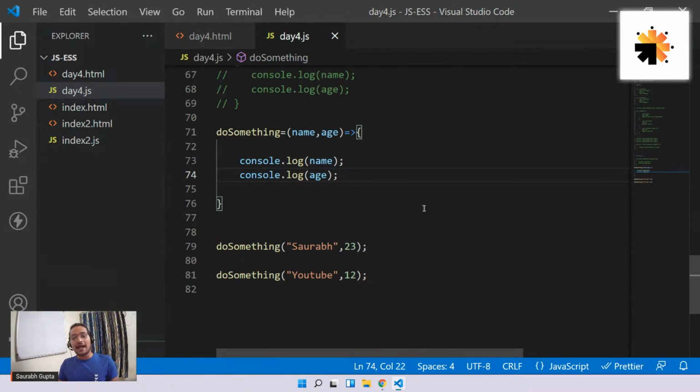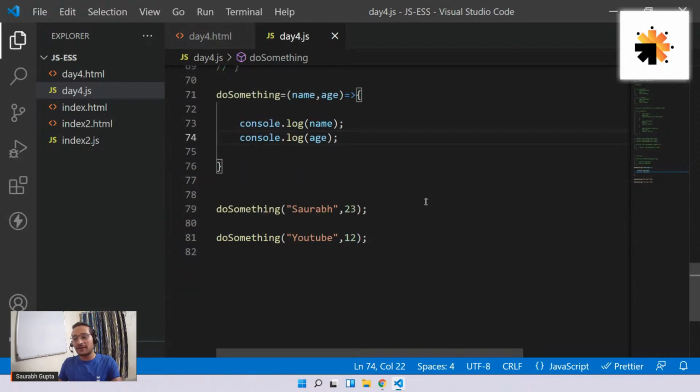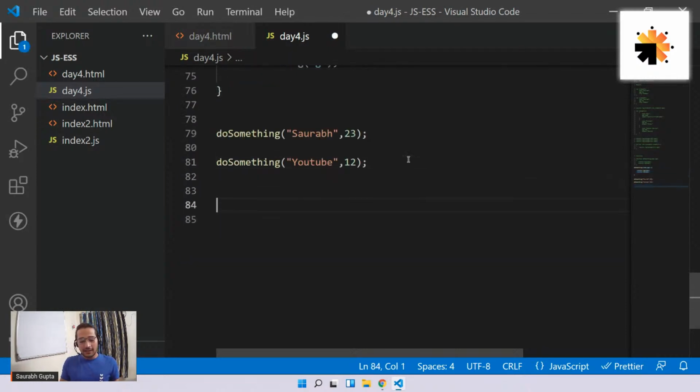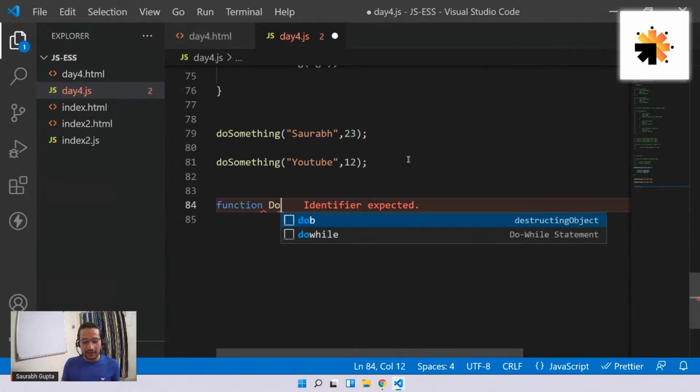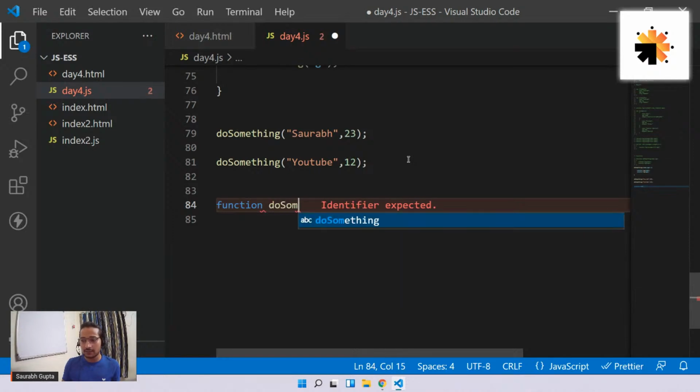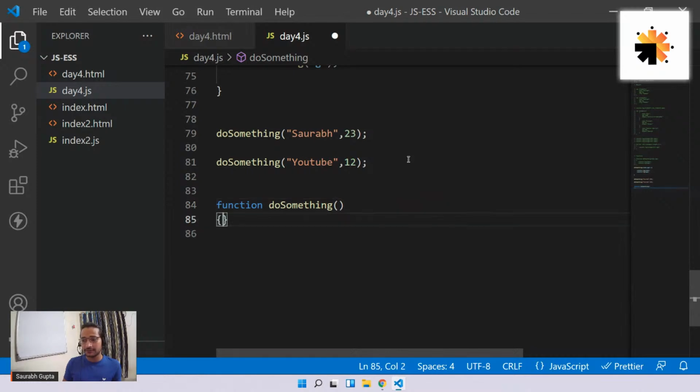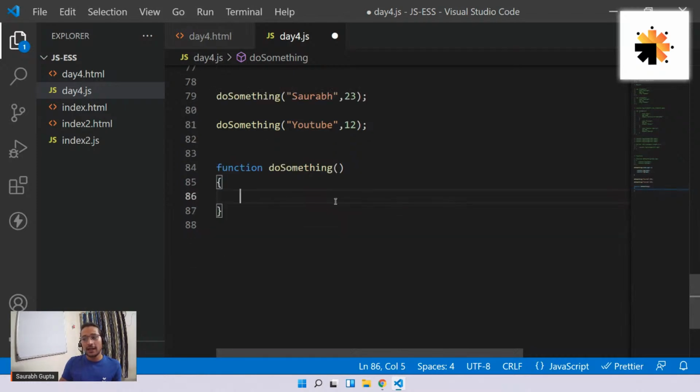Okay. Now, I'll give you some differences. See, if you create a normal function, first thing is you need to use this function keyword. Second thing, you have to give a name. That's cool. Do something. I'm giving a name. And you have to give the block. In an arrow function, first thing is that the function keyword is removed. Second thing is, if